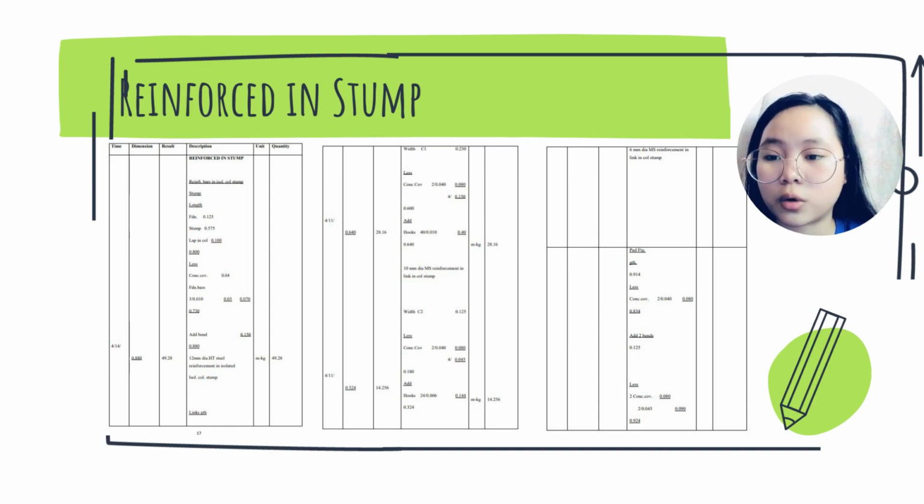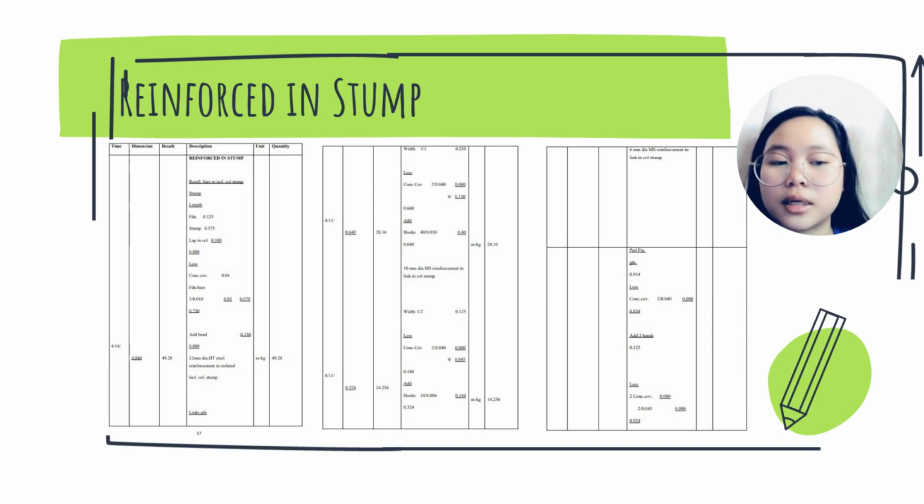And also for the length for both of the columns, the C1 is 0.30, which we have to deduct with concrete cover and add with hook, so we get the 10 millimeter diameter MS reinforcement for link in C1 is 28.16 meter kilogram. And for C2, which is 0.125, we have to deduct with concrete cover and add with hook, so we get the 6 millimeter diameter MS reinforcement in column stump for C2 is